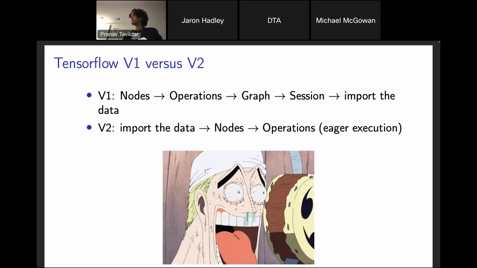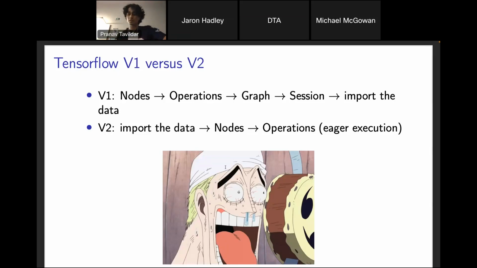So this is the workflow for TensorFlow 1, right? You have the nodes, you set them up first, you put the operations in place, you make a graph structure, and then you start a session. That's how you get the data in. On the other hand, version 2 with eager execution allows you to do it piece by piece, in the sense that you can flow in the data and work with the data as it's being pushed through the system.